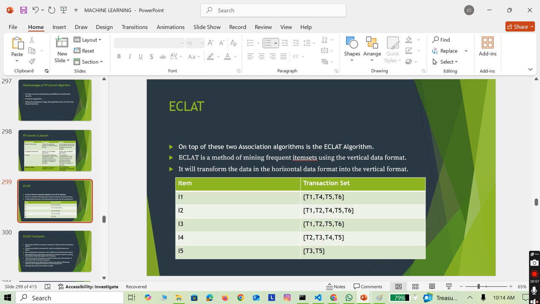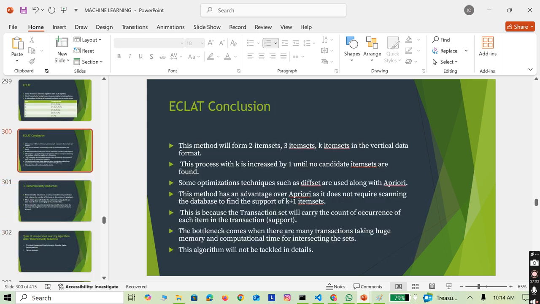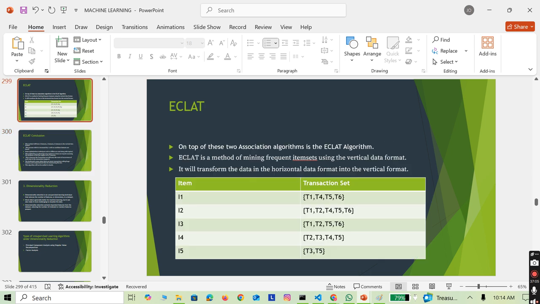Now, on top of these two association algorithms is the ECLAT algorithm, which we are now coming to see how it works, though we will not build a model there. So let's visit